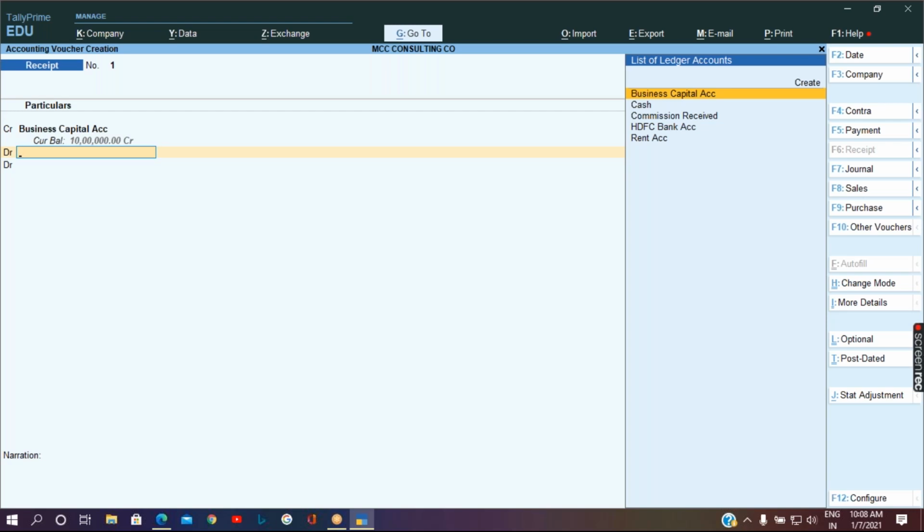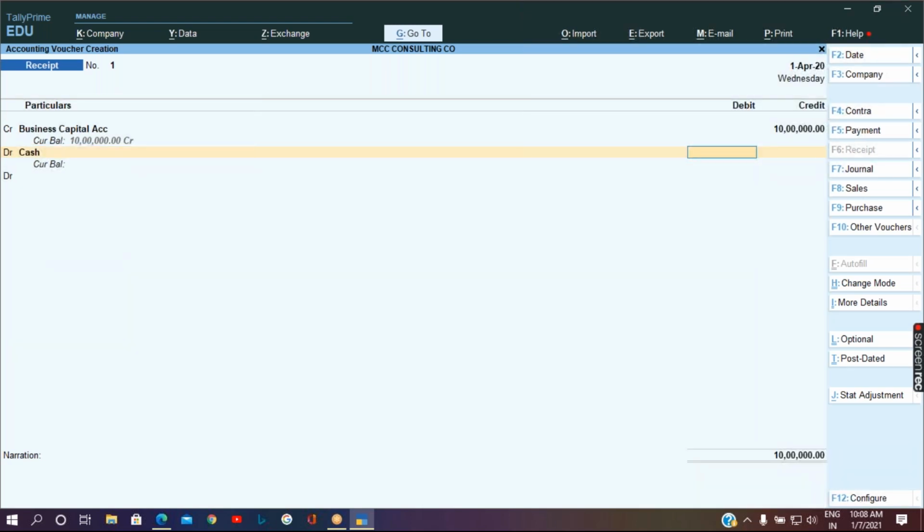So here I've received this capital through cash. So I'll select cash and give the value and press enter. If the debit and credit values are matching, then it will not allow further debit or credit option. If there is a mismatch in the balance between debit and credit, then it will ask you to either debit or credit it. Whichever side is imbalanced, the opposite one has to be balanced. Okay, so this is how you pass the transaction in double entry mode.